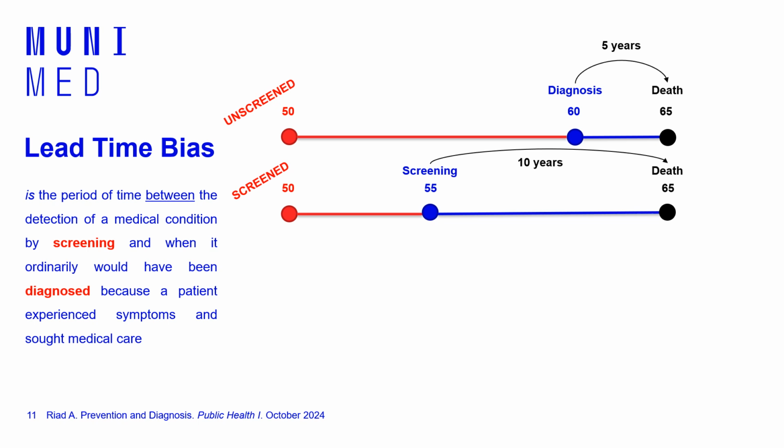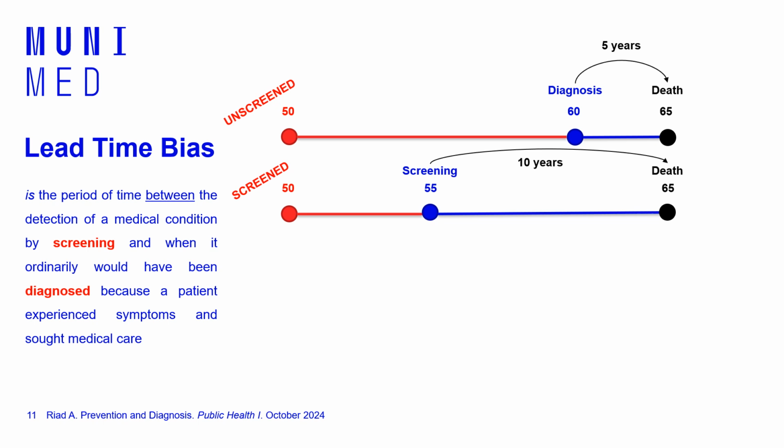So what we can look at here is the period of time that they were aware about their illness, and this period of time was longer for the screened person, even though the early screening didn't make any difference for their survival. They both died at the same age, but what we can see as different here is these additional 5 years that happened because of early screening or early finding. And these additional 5 years that we see from screening is what we call the lead time. So the lead time is the period of time between early detection through screening and normal diagnosis through clinical diagnosis.